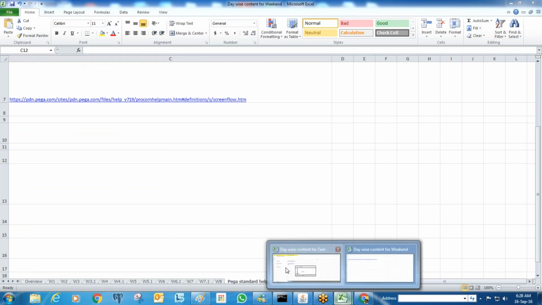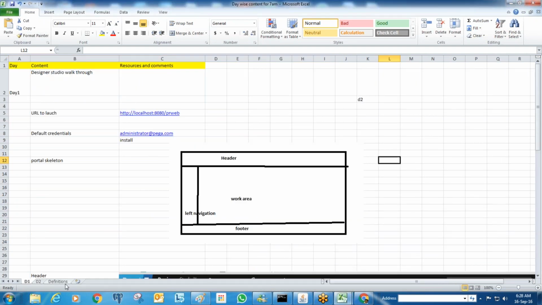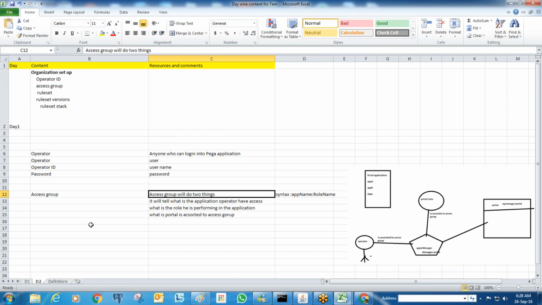That is what you are asking. LDAP is only for authentication purposes, right? Yes. So if you use LDAP, do we also have to use the Pega operator IDs? No need. That's what I'm saying. Operator details and user details will be there in LDAP only, like the username. If you are a TCS employee, obviously your employee ID, username and password will be stored in your LDAP details. You will log in with your username and password only.